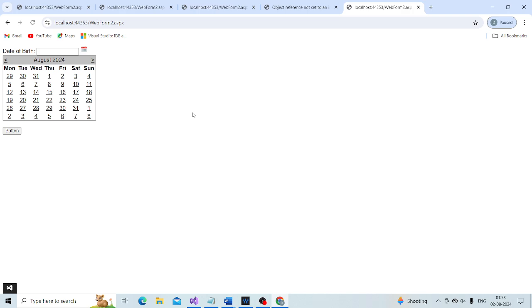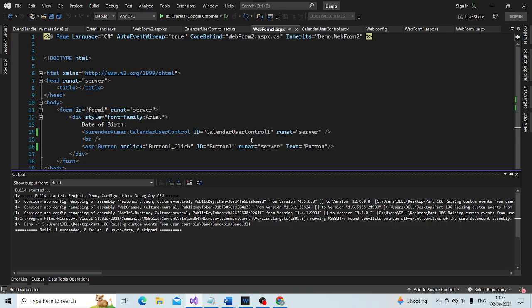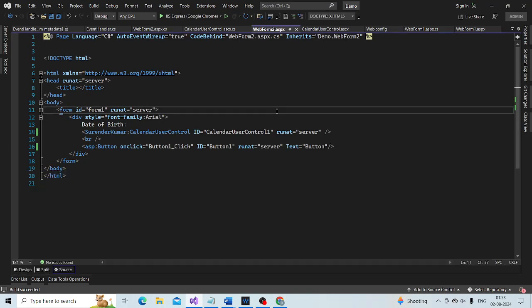In the next video, we will discuss raising another custom event from the calendar user control. My aim is to make sure that these events and delegates concepts are clear. In this session we have seen how to raise the calendar visibility change event and how to handle it.